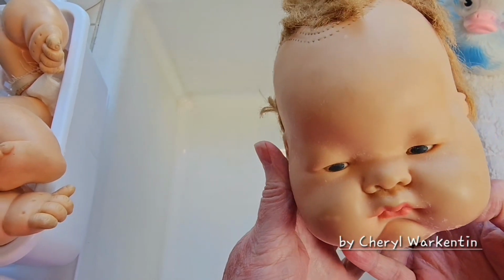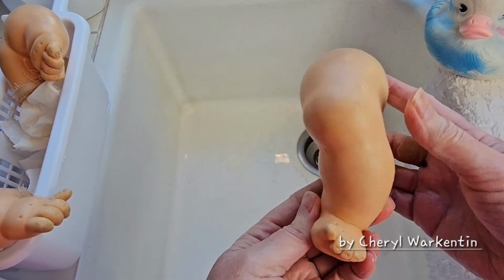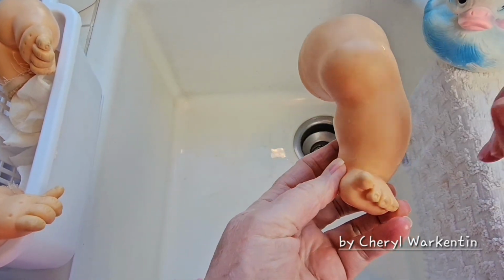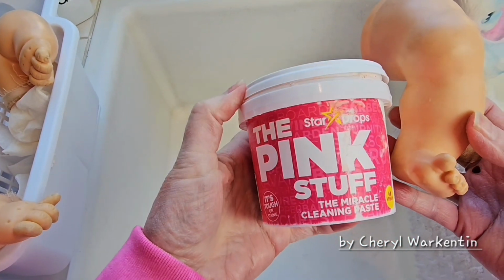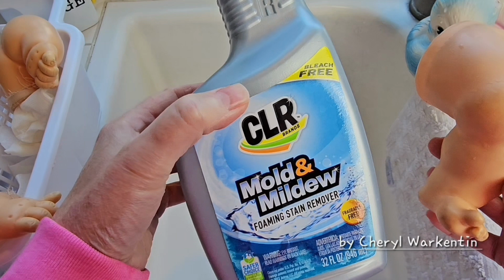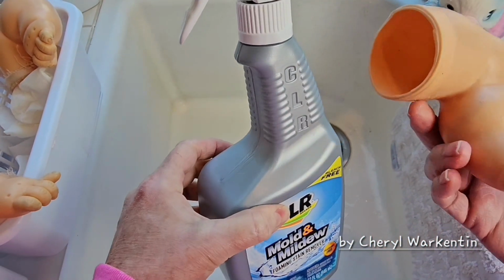I'm not going to start with the face first. I'm going to start with the limbs. So let's start with this one, okay? So what I do is I clean the outside and the inside, but on the outside, I like to use the pink stuff, and I'll go into talking about the pink stuff. And on the inside, I like to use CLR mold and mildew, and it's a foaming spray, and I let